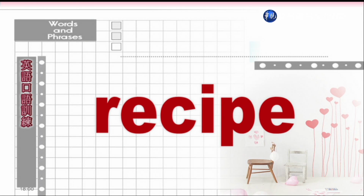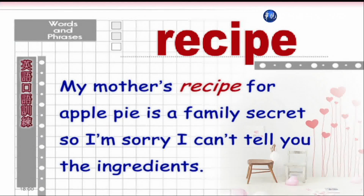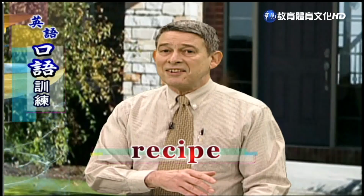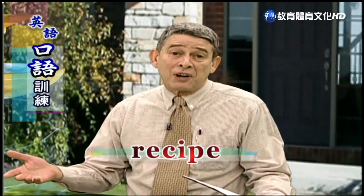Recipe. Recipe. 食谱。My mother's recipe for apple pie is a family secret, so I'm sorry I can't tell you the ingredients. 我妈妈的苹果派食谱呢是家传秘方，所以很抱歉，我无法告诉你这个食材哦。This word recipe, like onion, the first time I saw this word, maybe, I don't know, junior high school,